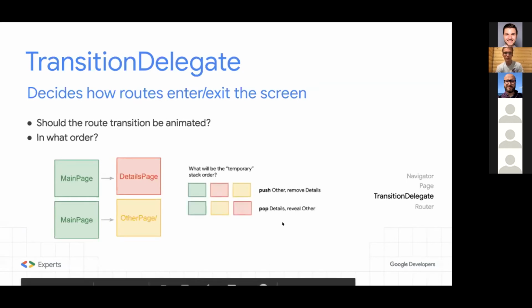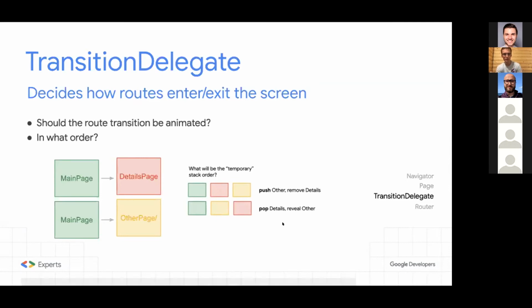So let's think for a second, what would be the order of animations if we just replace the element in a list? One option is that the new page, the other page, will be pushed and the details page will be silently removed, without any animation, after this one is on top. Or the other way is that the details page will pop and reveal the other page below.